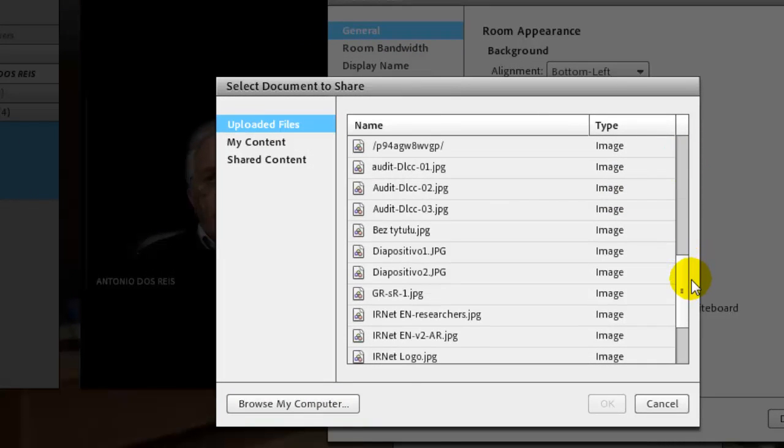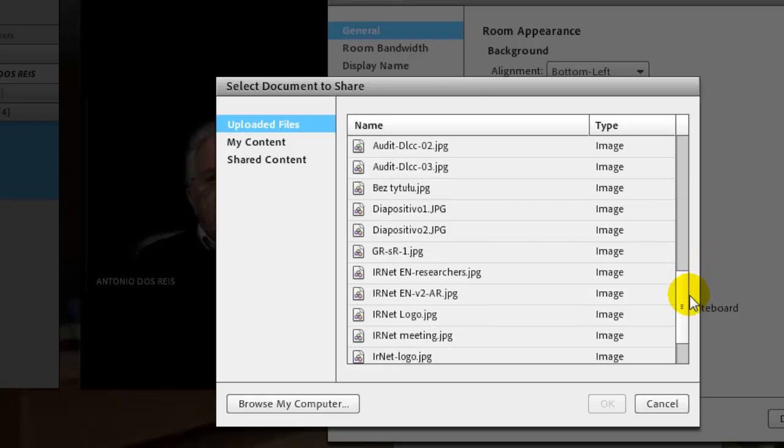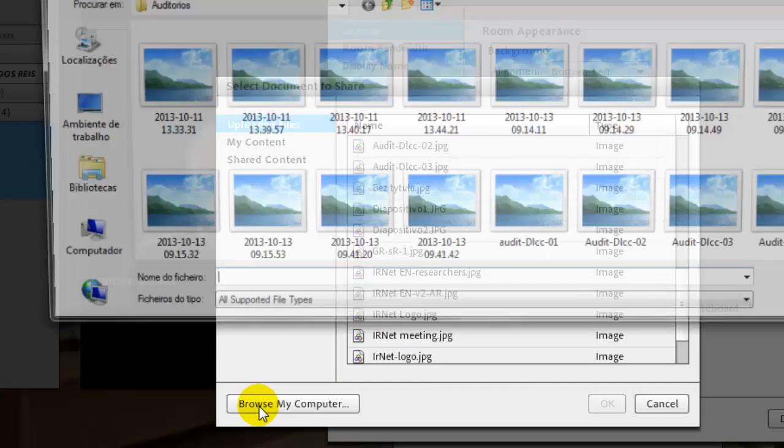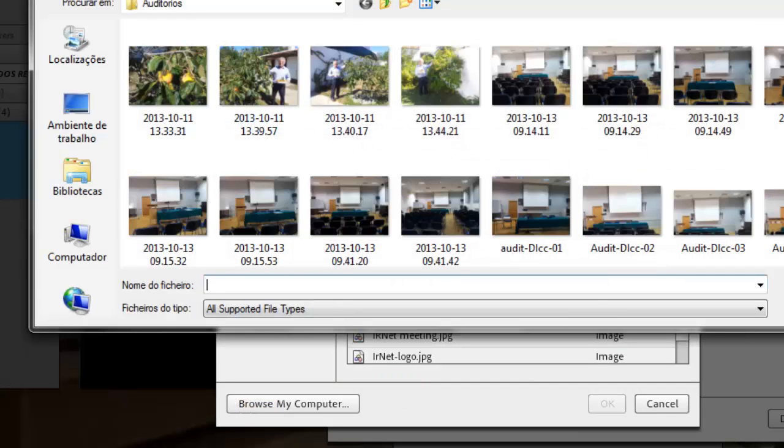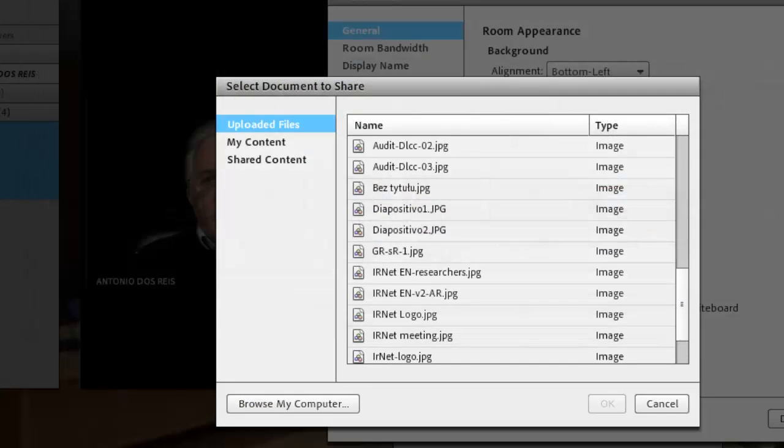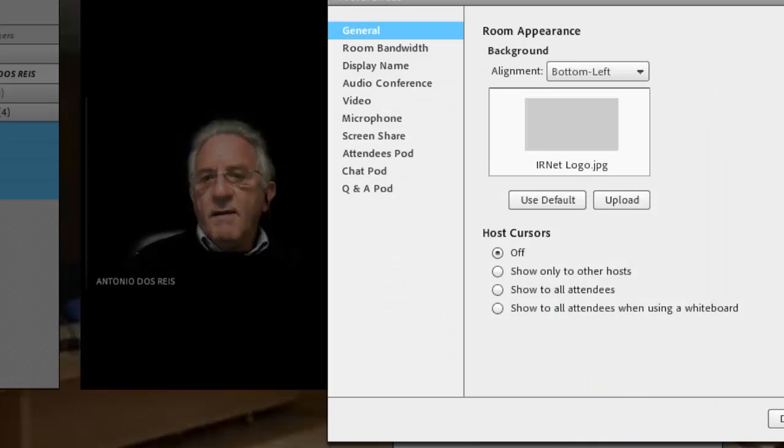I'm going to use, let's say, the Ethernet logo, or I can use any other rooms I have available, or even I can browse from my computer and find which room I want to use in this meeting. Okay, now I'm going to use the Ethernet logo, and I say OK,